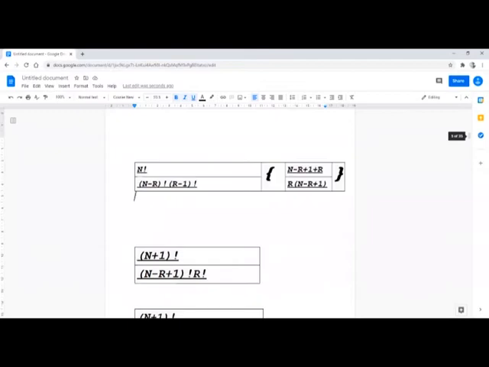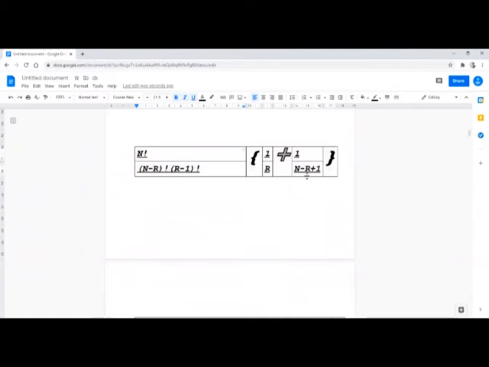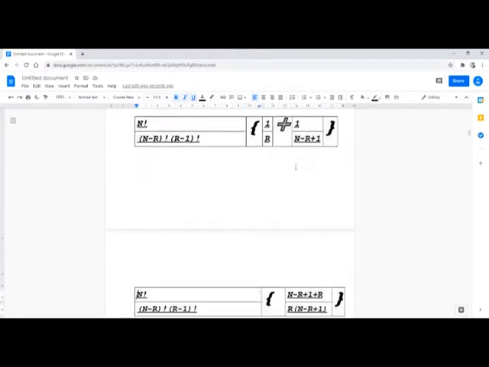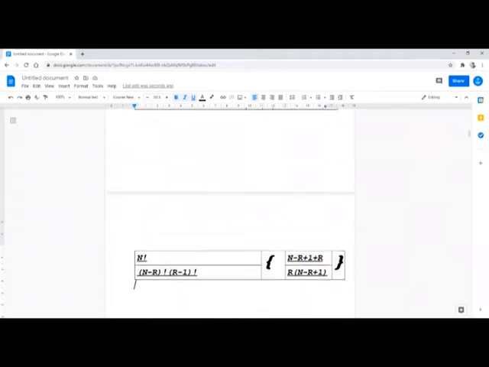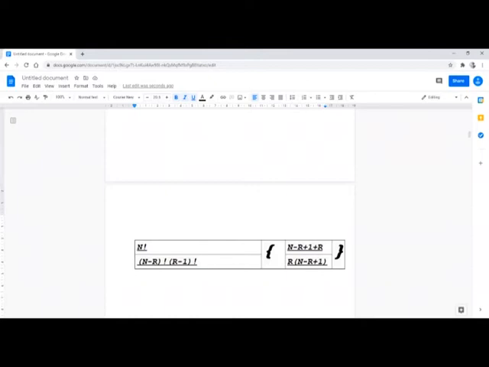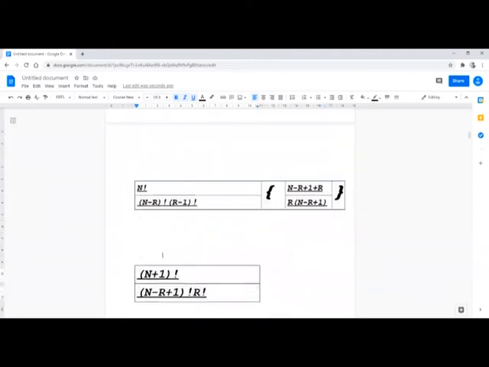Next we just take the LCM of these terms. We multiply this into this and then multiply this. So what happens is n minus r plus 1 plus r divided by r into n minus r plus 1. So r and r get cancelled here, so n plus 1 remains in the numerator. This n plus 1 is multiplied with n factorial to give us n plus 1 factorial. So that's how the new numerator n plus 1 factorial comes.